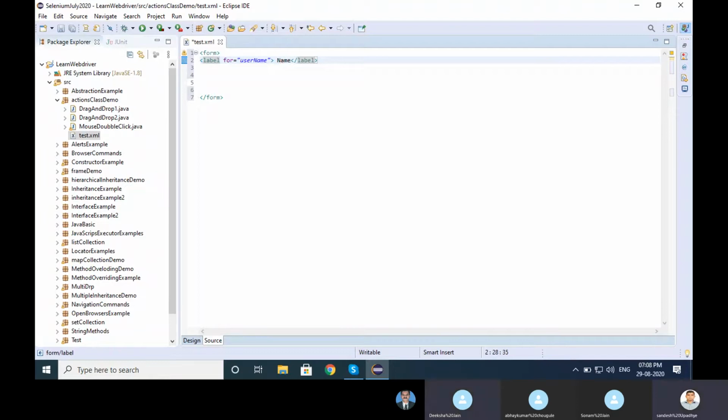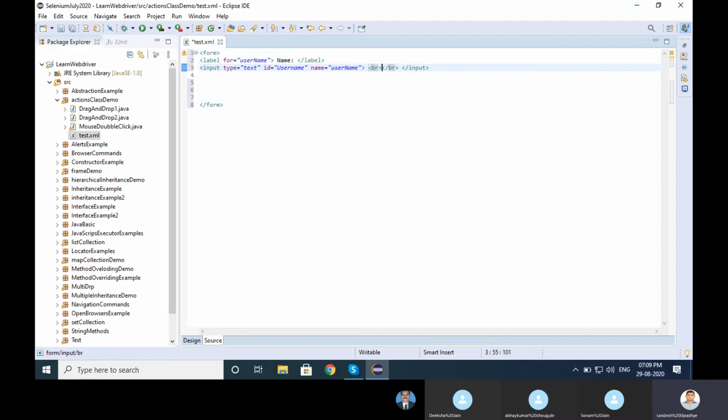Name. Input type is equal to text, providing id is equal to username, giving the name is equal to name, closing the bracket, input, and breaking the line with BR.